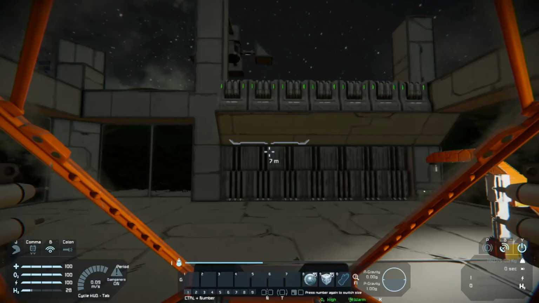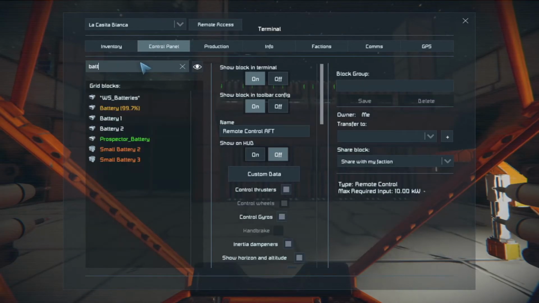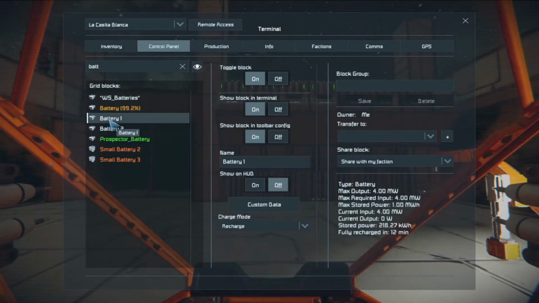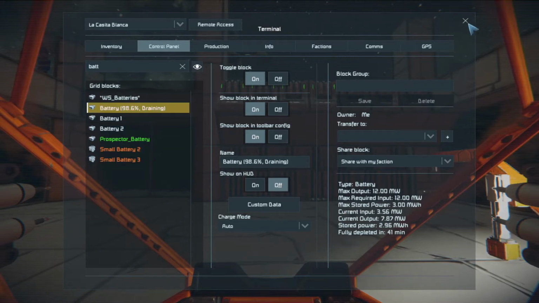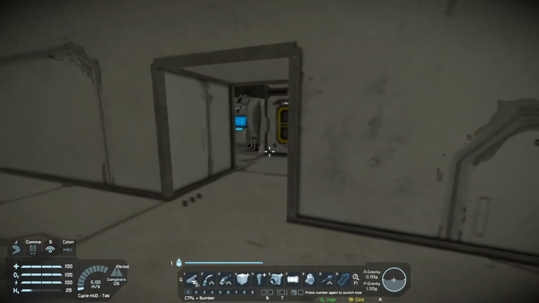Okay, so let's see the batteries on this guy. Batteries. We're on recharge. That's the base battery. That grid should have started up my...